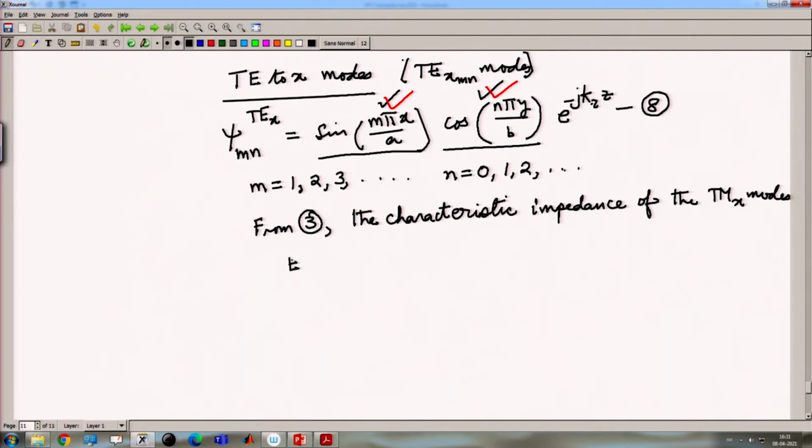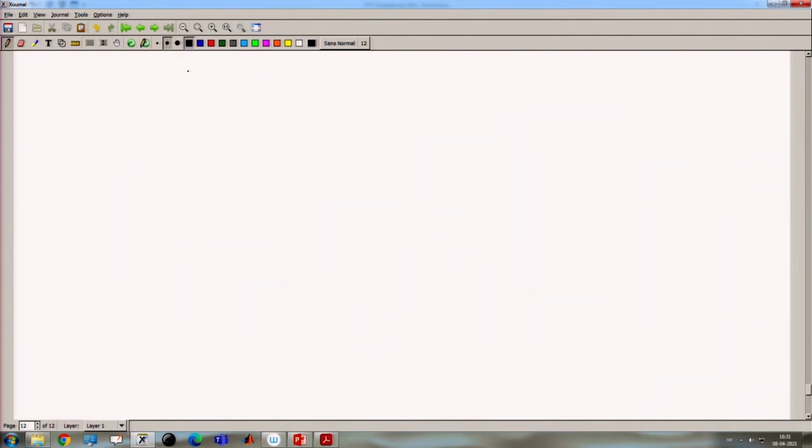So, for the computation of the characteristic impedance of the TM to x modes,